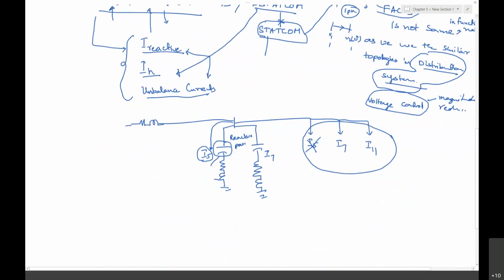The requirement is that the current delivered by the source should be sinusoidal and in phase with respect to the terminal voltage, or the PCC voltage. That is our requirement. So in order to fulfill this requirement of the source current being sinusoidal,